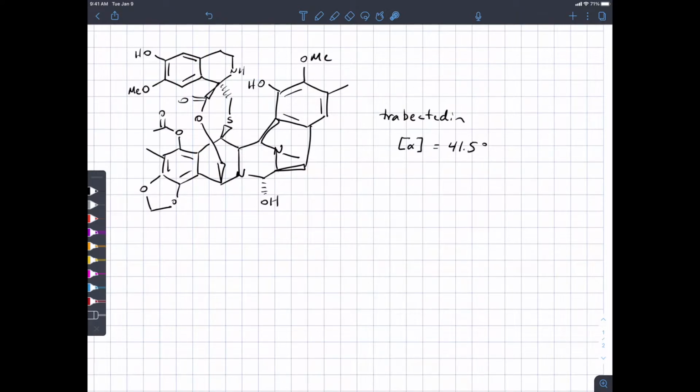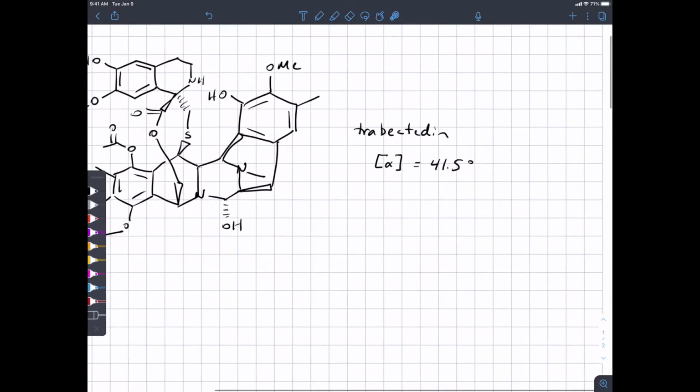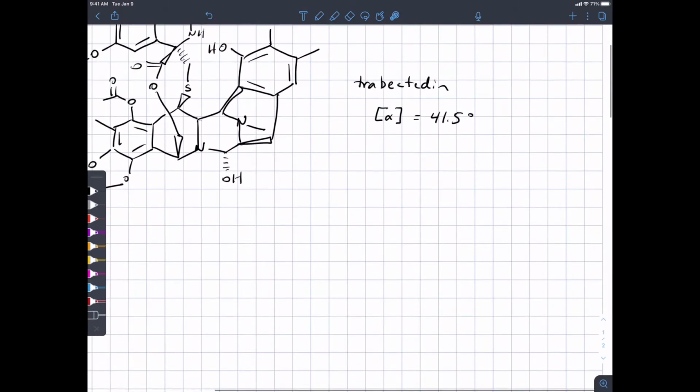At that point, they would have either, and I don't know what the source is for this one, your strategy is either to start isolating it in large quantities from natural sources, or you have to figure out how to synthesize it. I don't totally know what the story is on this one, but it's pretty complicated. But it gets worse. There are other larger molecules that have drug-like properties. Anyway, its optical rotation is plus 41.